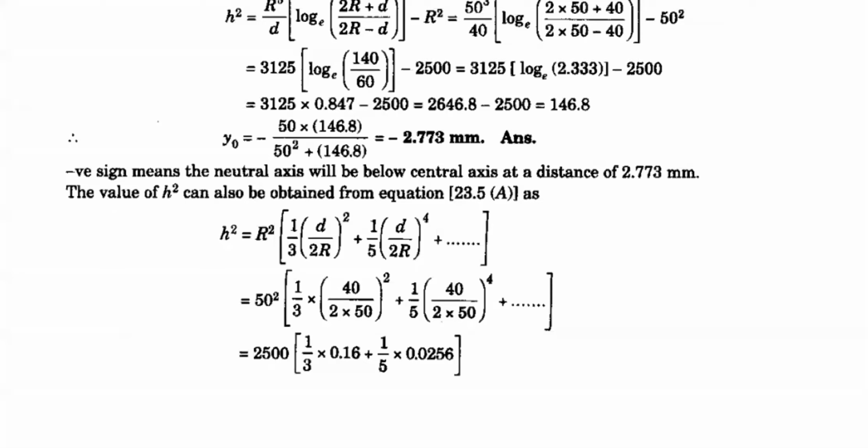Whenever you need the position or location of the neutral axis, please follow the equation directly. Your equation is y naught equal to something like r into h square by r plus h square. That is the standard equation. Depending upon the type of cross section, whether it is a rectangle, circular or triangle section, go back to your derivation and note down the h square value. Based on the h square value, determine the remaining parameters. I hope you understand up to this point.